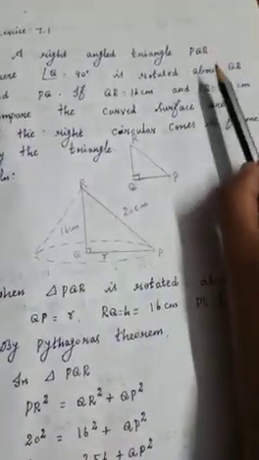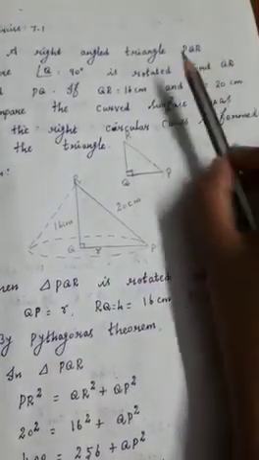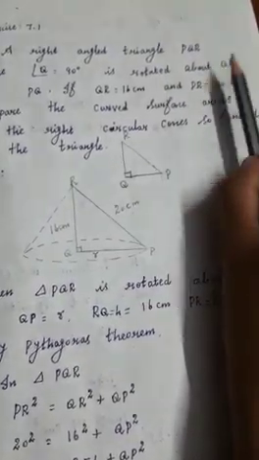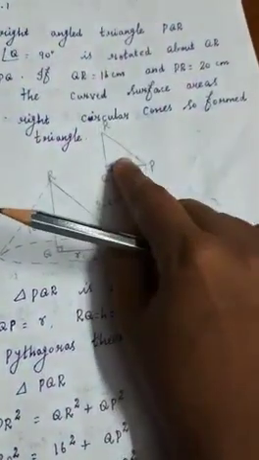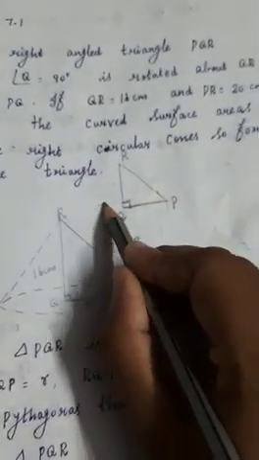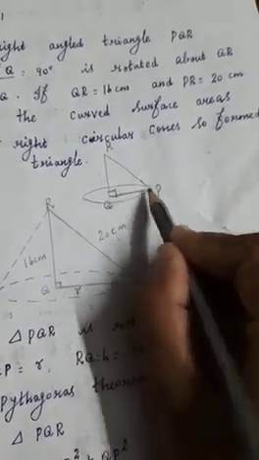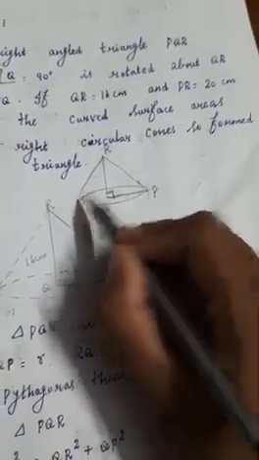So first, with this right angle triangle, which one do we take as axis? QR as axis. QR means this side we are rotating. If you rotate a set square, you can see how it forms. While rotating the set square you get the cone shape, like this. So now we have got one cone shape, with QR as axis.